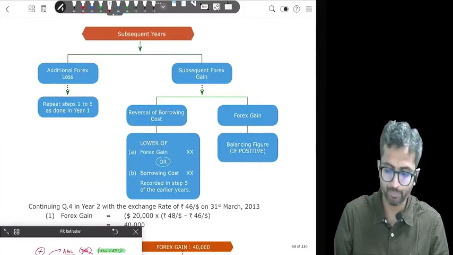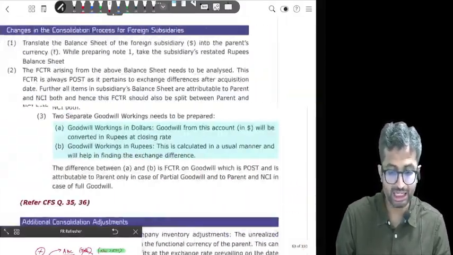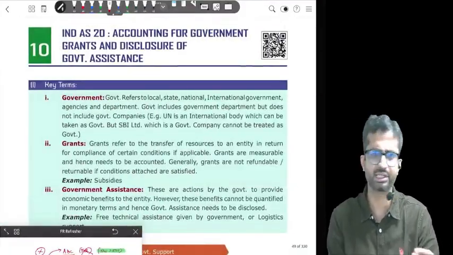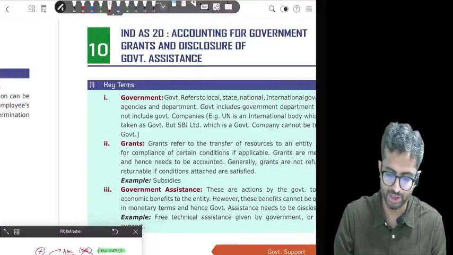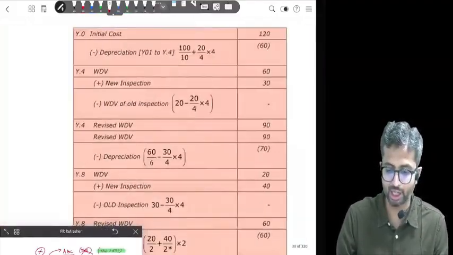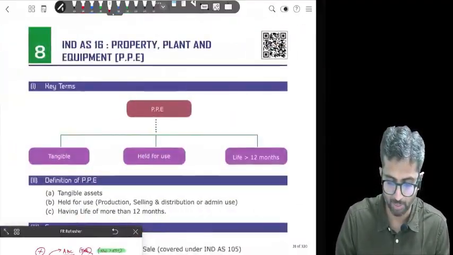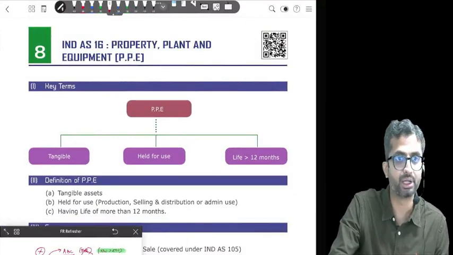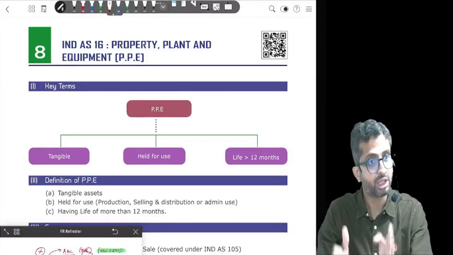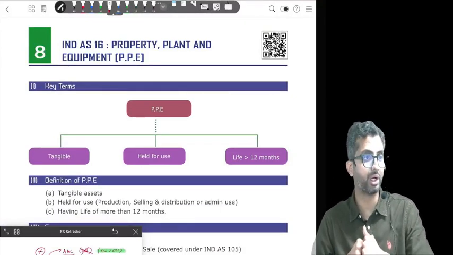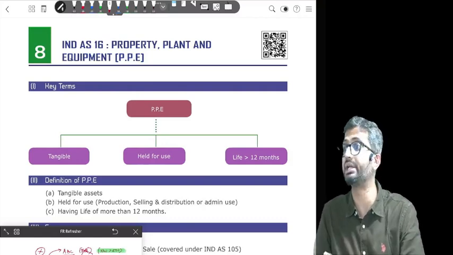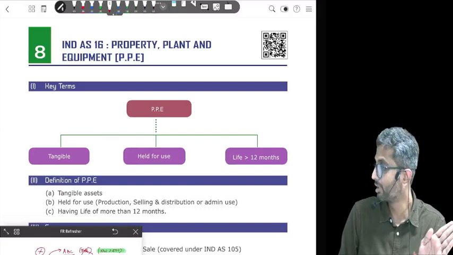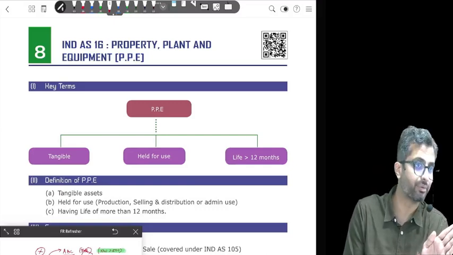Yes, please. That is right. We will study that when we do Ind AS 101. If Ind AS is applicable for the first time, we will just discuss that since a question is asked, but it's actually there in 101. So if your company gets listed today and hence Ind AS becomes applicable from the current year, let's say we are in the year 24-25, that will be my first Ind AS financial statement. But along with that, I also have to give a comparative. The comparative is the year 23-24.